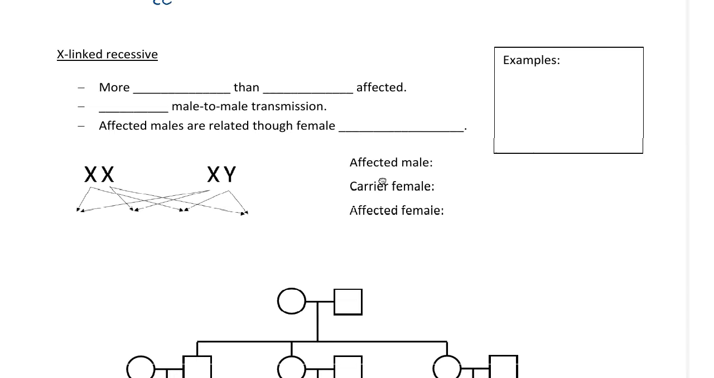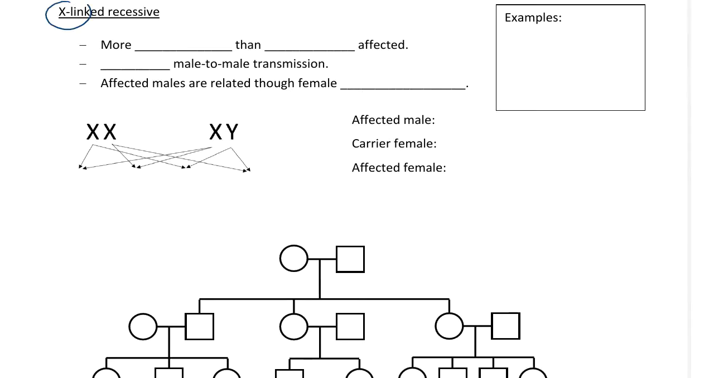Now let's look at X-linked recessive. When we're talking about X-linked, we mean that the gene of interest is on the X chromosome. And remember that in humans, females have two X chromosomes and males have an X and a Y. And that makes a difference in how this is expressed in the phenotype. An affected male needs to only have one copy of the affected X chromosome because he doesn't have a second X chromosome. Whereas a female, if she has one copy of the affected X chromosome and one normal X chromosome,